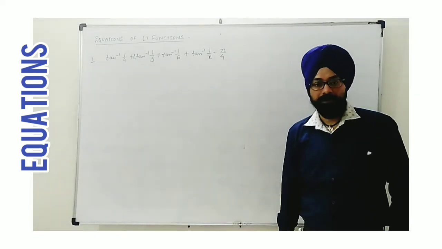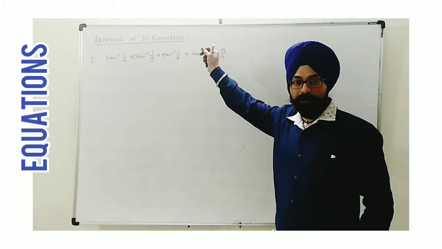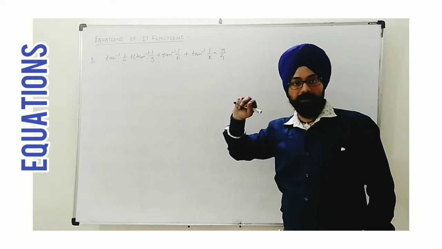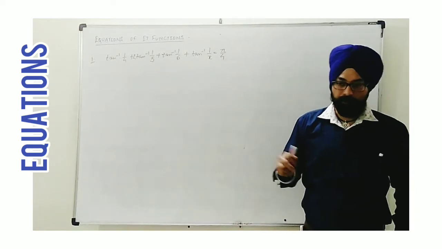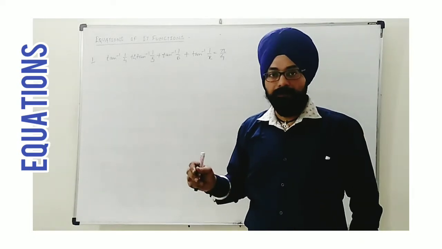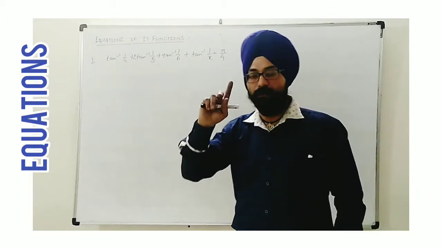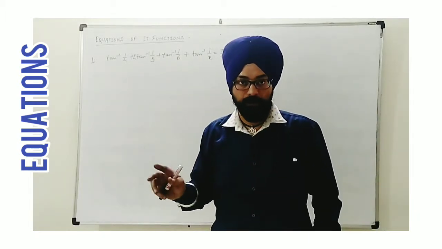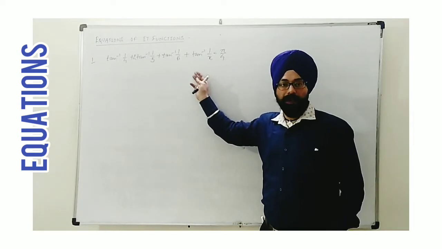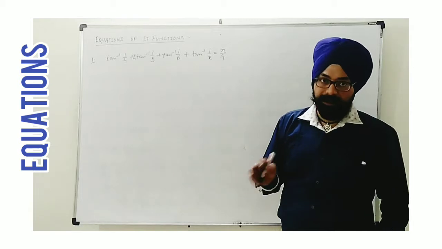Hello everyone. We are going to see today the topic equations of inverse trigonometric functions. We have seen in earlier topics to use the identities to apply them in different patterns of equations. Here we are taking a particular equation in which at least one variable will be given unknown as x, y or z, and we have to solve that equation to find the value of that variable. But don't forget, everywhere we need identities.